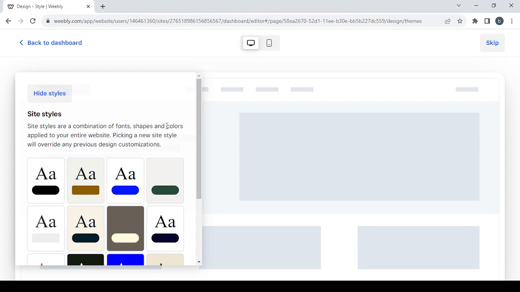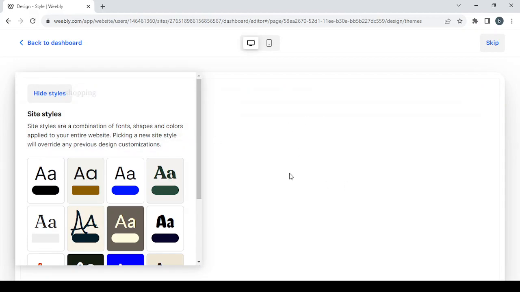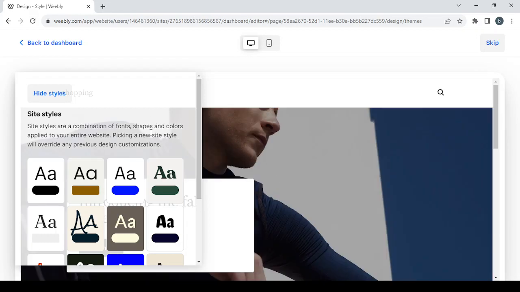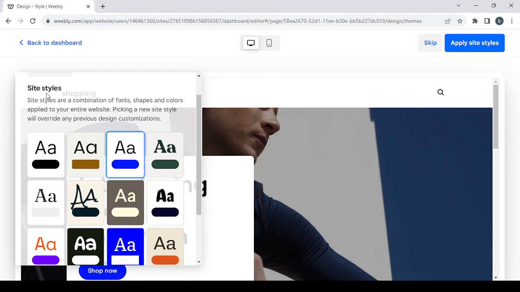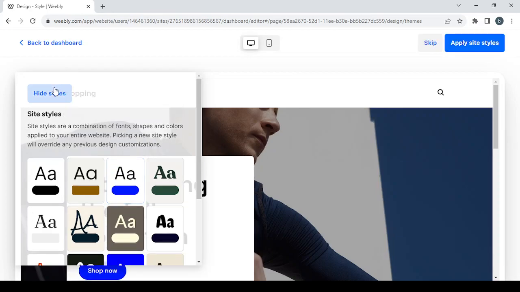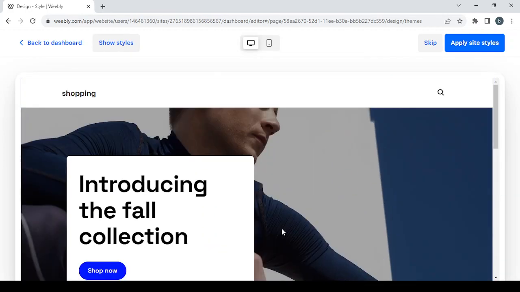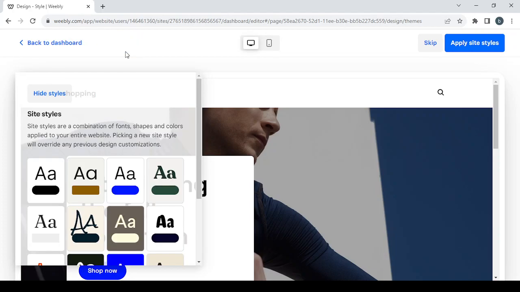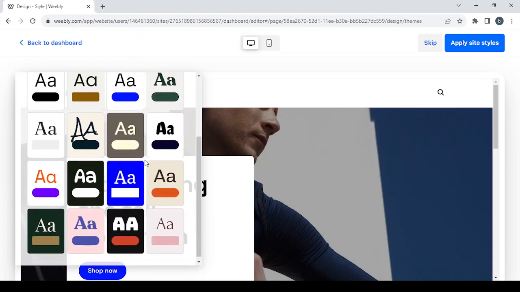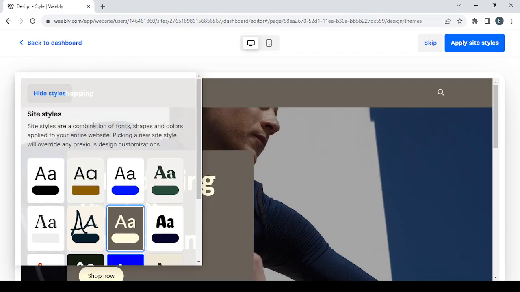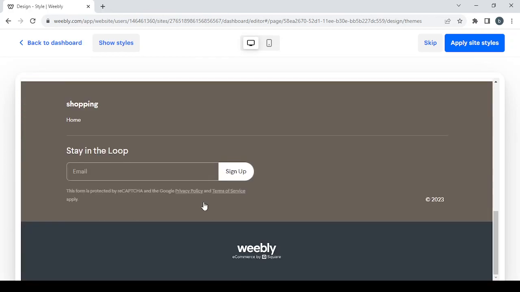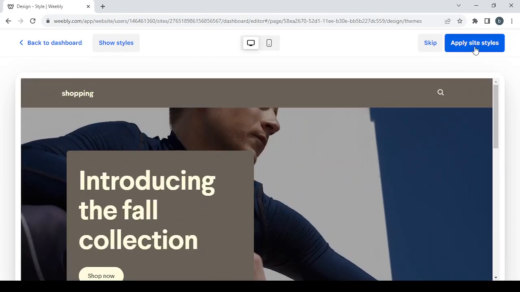And here we have the styles, which is the first step of creating our store, choosing one of these styles. So here let's just wait for the template to be fully loaded, and here we choose one of these styles. Let's check this one and let's see if it fits the store. So no, this one is not that good. Let's choose another one. Let's choose this one and let's check. So I think this one will do the job. Let's click on apply site styles,